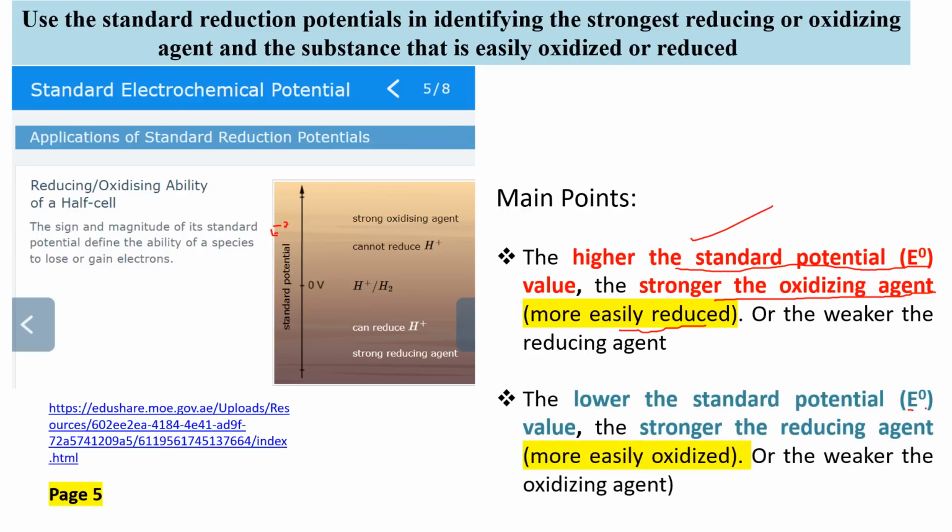Now, if E naught is lower, it means you are a stronger reducing agent. Meaning, the lower the E naught, the easier it is for you to be oxidized. The higher the E naught, the easier it is for you to be reduced. What does that mean? It means you are a strong oxidizing agent. What does that mean? It means you are a stronger reducing agent. So low E naught means stronger reducing agent. Higher E naught means stronger oxidizing agent. And that's the end. So you can watch this video again if you want, solve the questions, and that's the end of